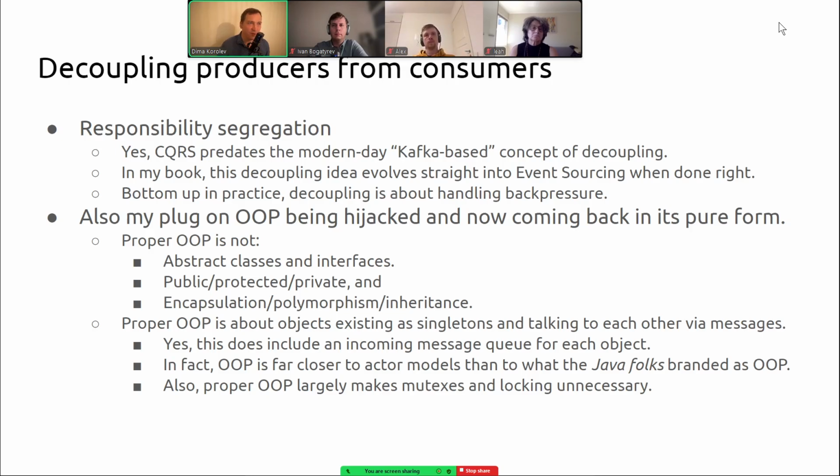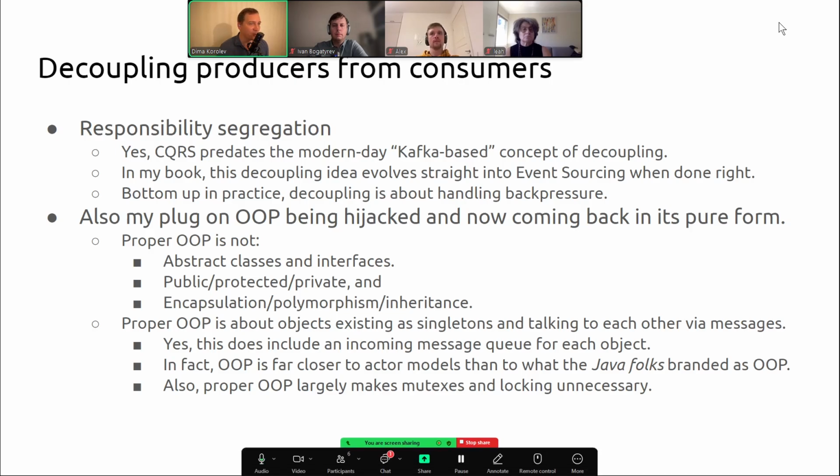I want to talk a bit more about the idea, because to me, this is one of the biggest misunderstandings of the industry. The term OOP, object-oriented programming, was originally meant to mean exactly this, that you have objects that talk to each other via messages, and each object has a small incoming queue of messages. So if you ask the modern-day engineer what they think of OOP, they would say it's interfaces, abstract classes, public, protected, private, and encapsulation, polymorphism, inheritance, which I think is a disaster. Thankfully, it's coming back slowly. We no longer use these terms, and we no longer assume knowing OOP means knowing public, protected, private, because the true OOP is